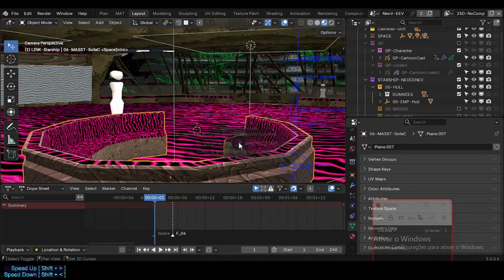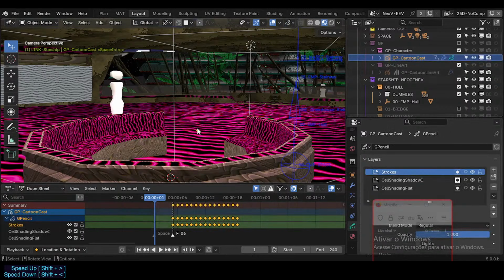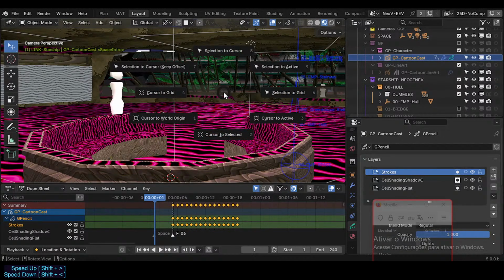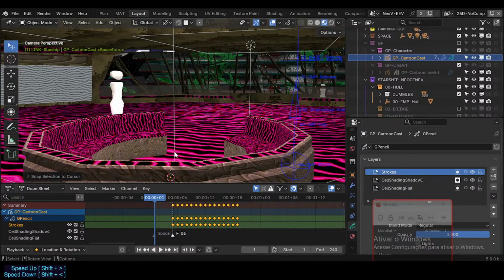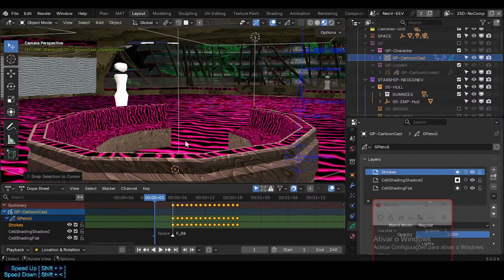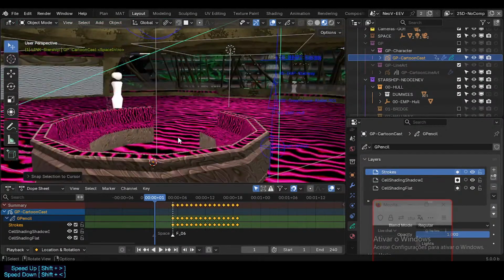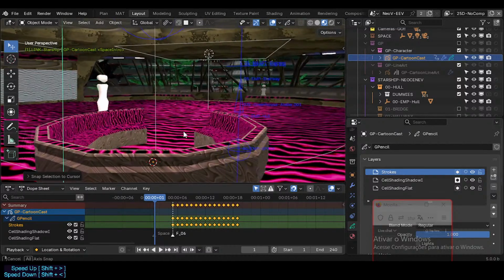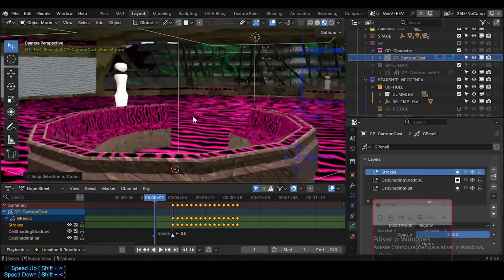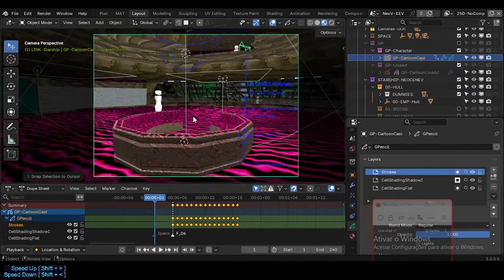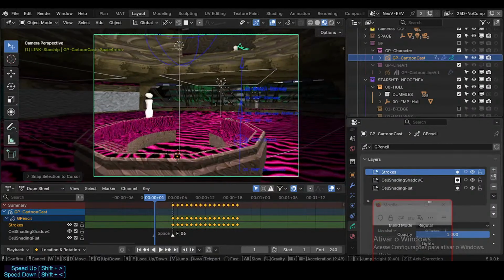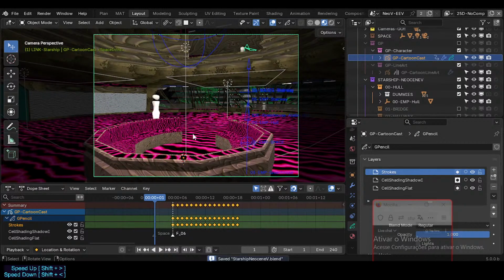The position of this is not super. Okay, so saving, let's bring this